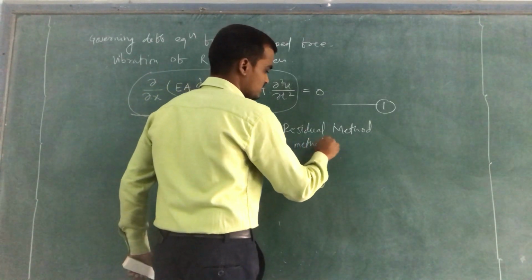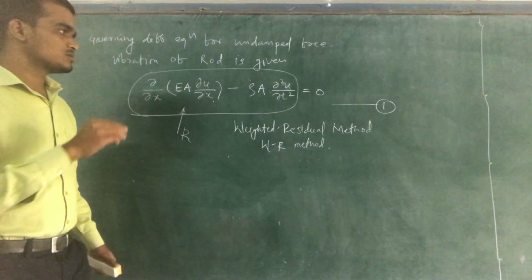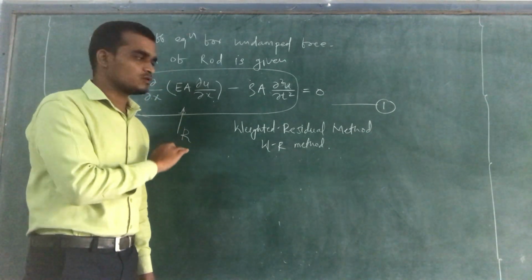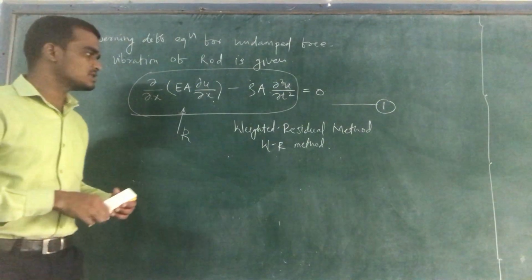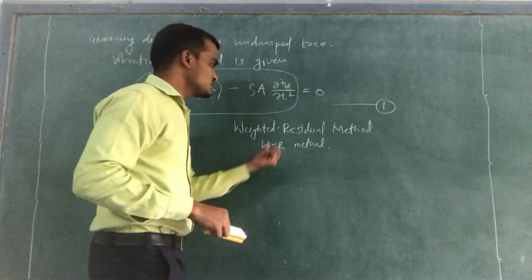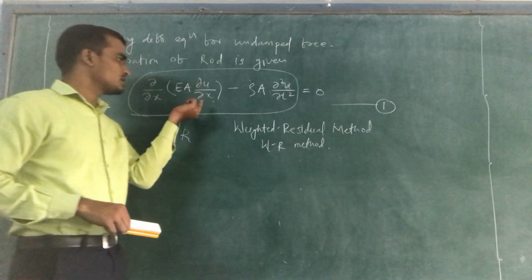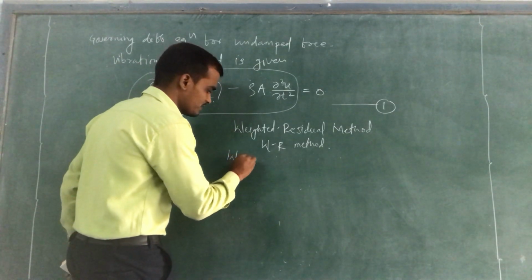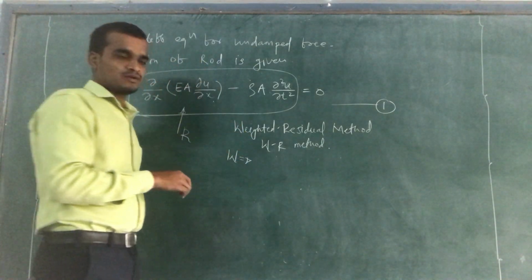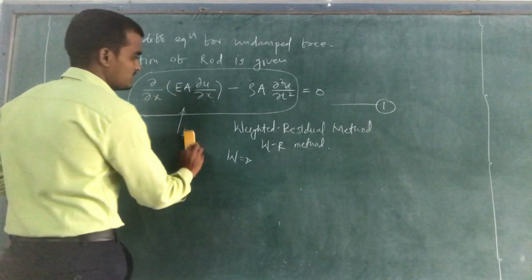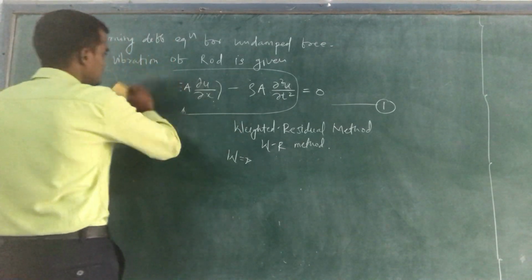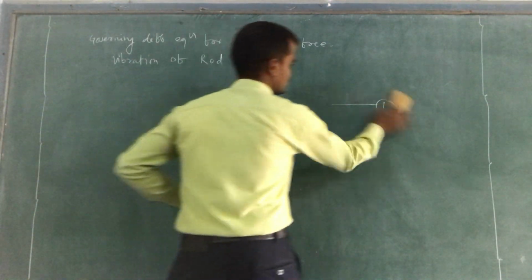So instead of the Galerkin method, we are using the weighted residual method here. In previous units we applied the Galerkin approach to derive the elemental stiffness matrix, but in this case we use the weighted residual method. The residual is the left hand side of the governing differential equation, and the weight W is the weighted function, which is similar to the shape function. If we put this residual into the weighted residual method, we will get